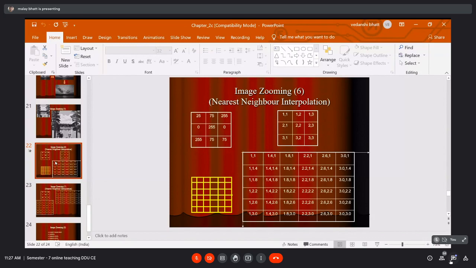The position 1, 1 is given, then 1, 2, first row, second column, 1, 3, first row, third column. Similarly, position 2, 1, the second row, first column, position 2, 2, position 2, 3, second row, third column. And similarly, you can think about the last row. So basically, we have 3 elements in the first row. Now I want to convert the 3 elements into 6 elements.